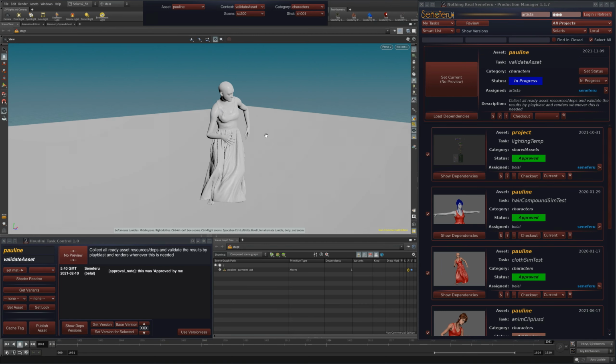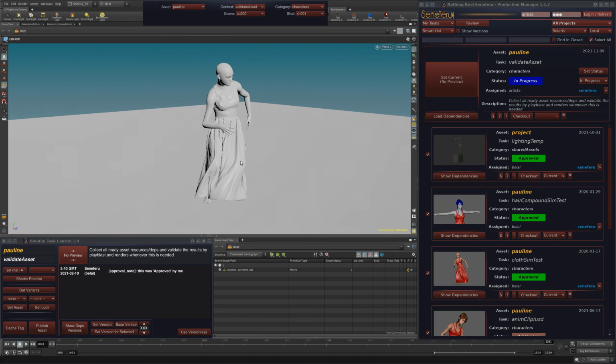You can validate the asset from all perspectives by switching between the different assets and rendering and seeing stuff